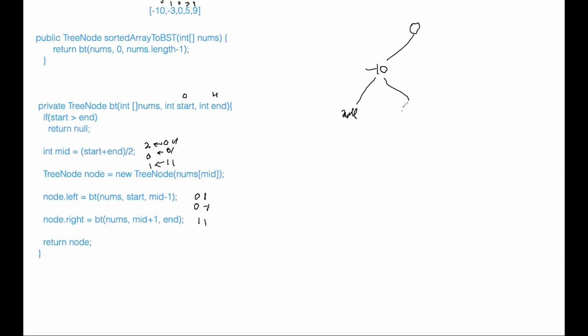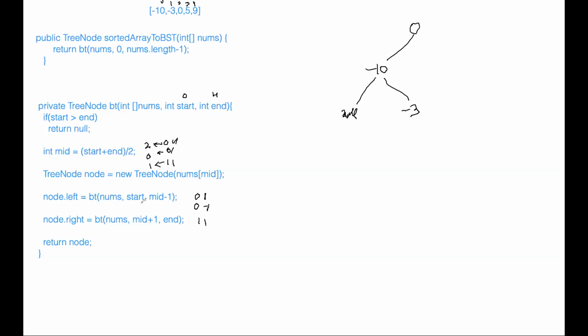So minus 3 will come here. So both our left and right are constructed at this particular step, so we will return a node from here. Likewise, the actual call where we started the recursion at the 0th node, where the mid was 2, and where mid was 2 coming from start 0 and end 4.